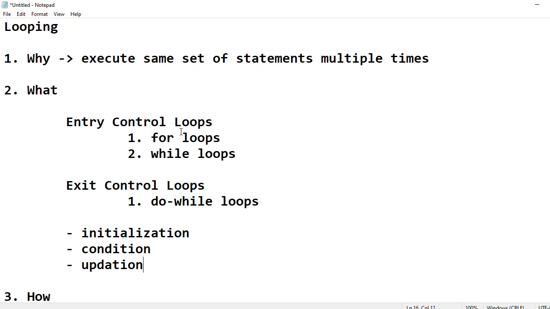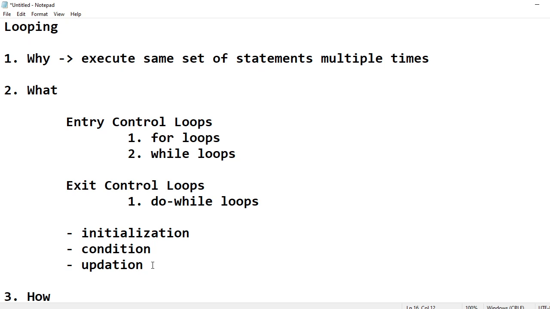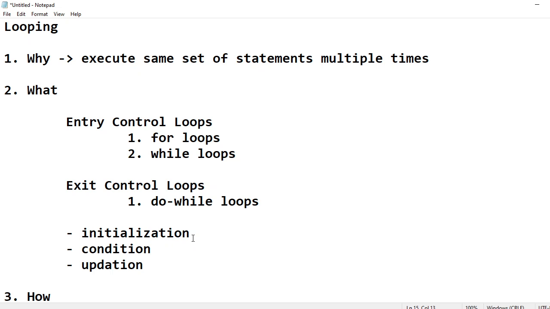So the difference between for loop, while loop and do while loop is only the place where these three statements are placed. These three statements will be there in all the loops. What makes it different from the other loop is the place where these three statements are placed. We will see one by one, when we go through the particular looping statement, how these statements are placed in different loops. So just remember this point. This is very important. Only these three statements will be there in all the loops, but they will be at different places in different loops. That makes them different, right? And that makes the use also different.